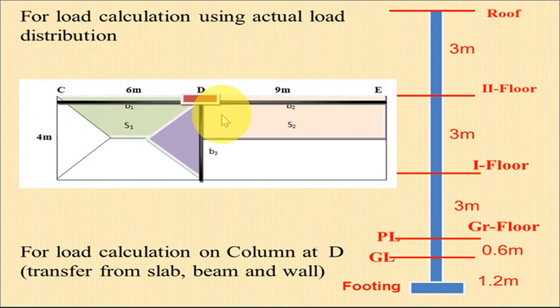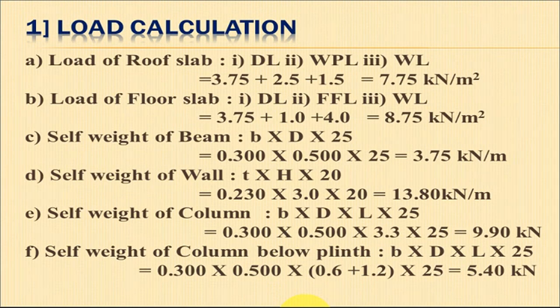For the B2, this is another beam, B2, here we have considered the load distribution is rectangular, that means it is a one-way slab, that's why 50% load will be transferred to the beam D. And for the D2F, this beam, triangular load from the two-way slab, and there is no load transfer from this slab because this is a one-way slab. So we can find out the load on B1, B2, and B3.